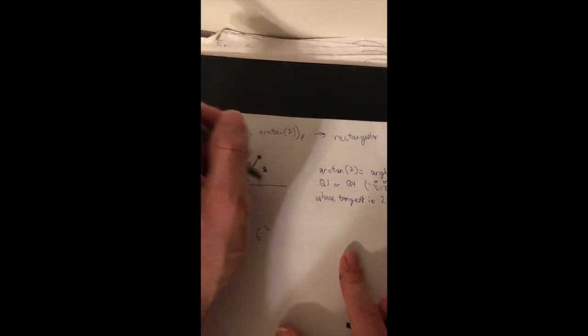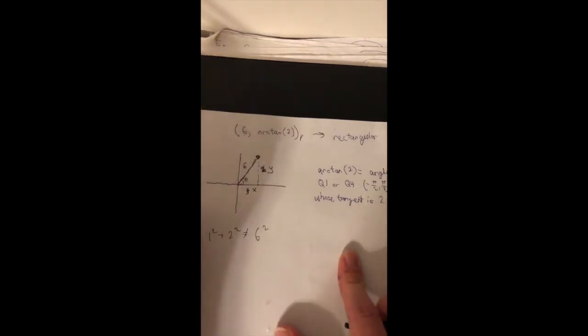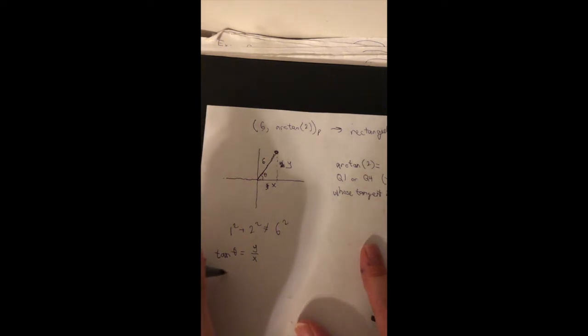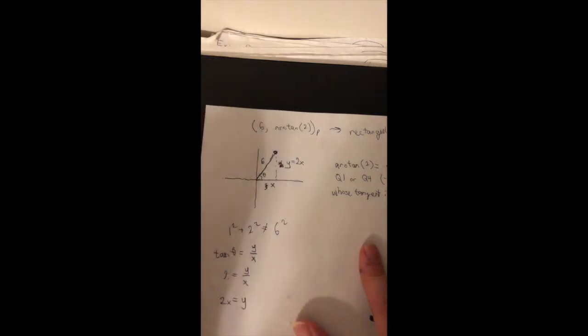I know that this is going to be some value, and if tangent of theta is y over x, I know tangent of my angle is 2, right? Angle was the arctan of 2. So I get a nice relationship between x and y. I know that y equals 2x,